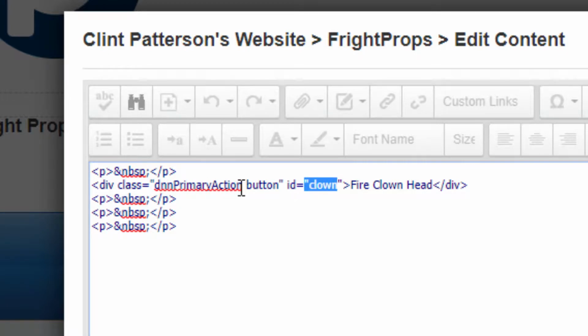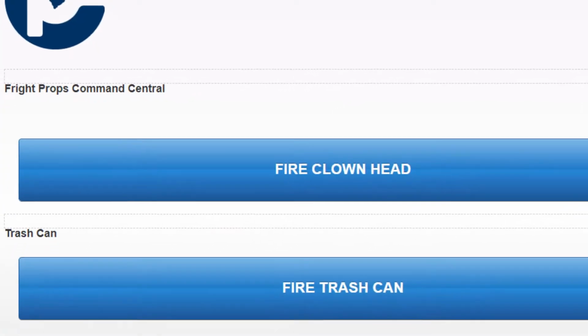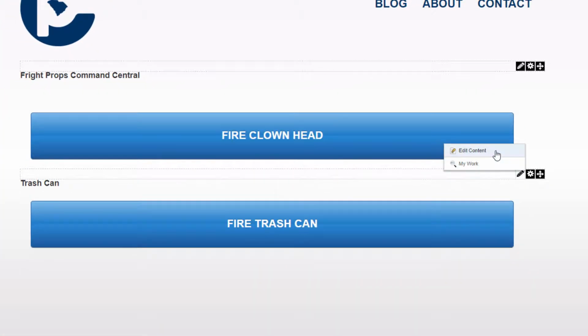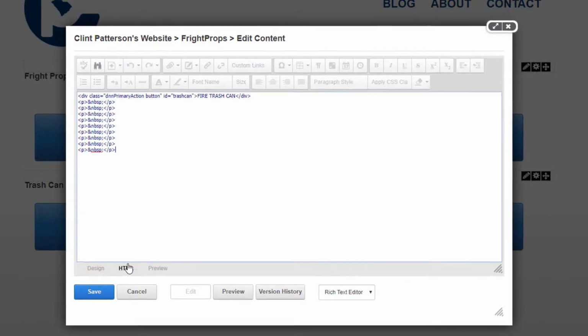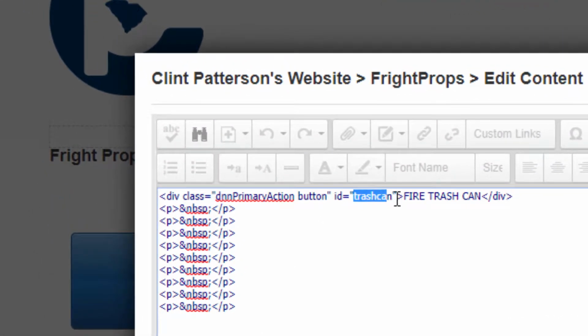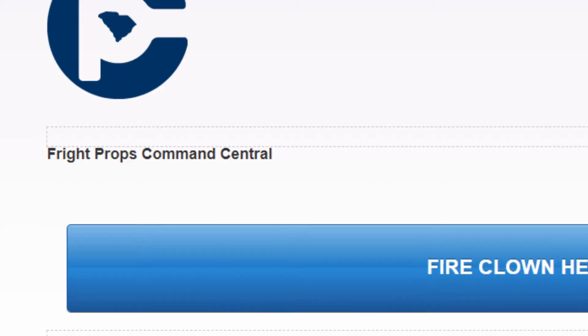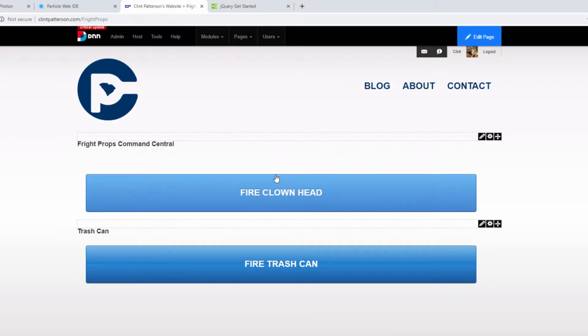The primary action and button classes just give it that blue styling that we were looking at. So the clown ID is something we want to make note of. And over here in the second one, we look at the ID of trash can. So we're going to use those IDs to call into those with jQuery and then execute a call, jQuery Ajax,